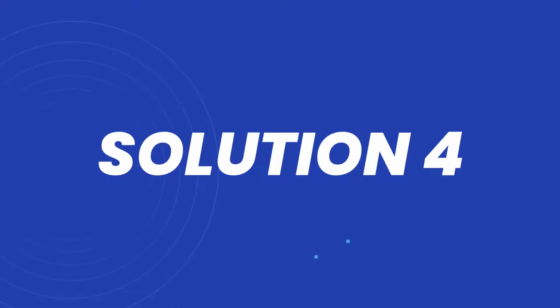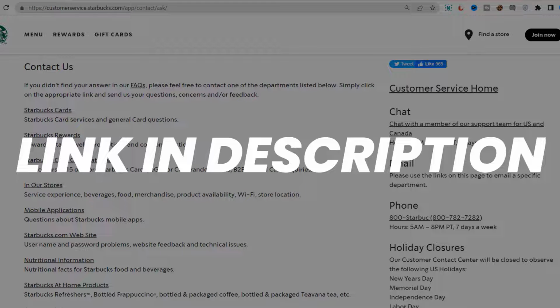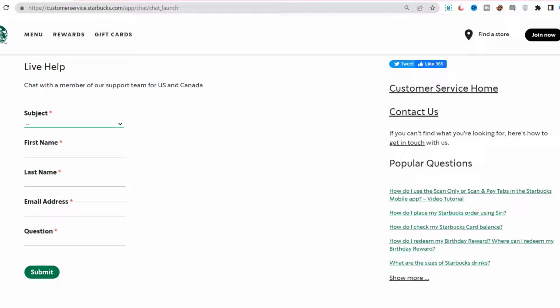But if it still doesn't work, then you need to contact customer support officials. Open up this webpage on your mobile or desktop browser and then click on this link right over here. Once you're on this page, you need to select a subject which best describes your situation. Then enter in your first name and your last name. Next, enter in your email address right over here, and then briefly explain the issue in this box right over